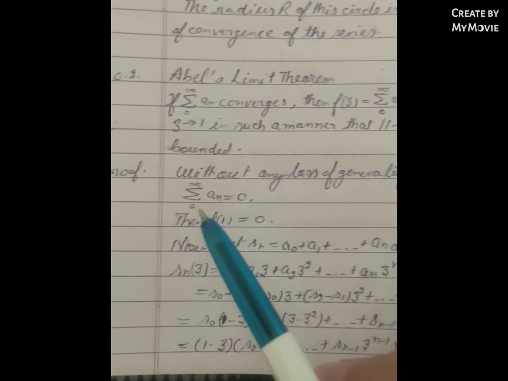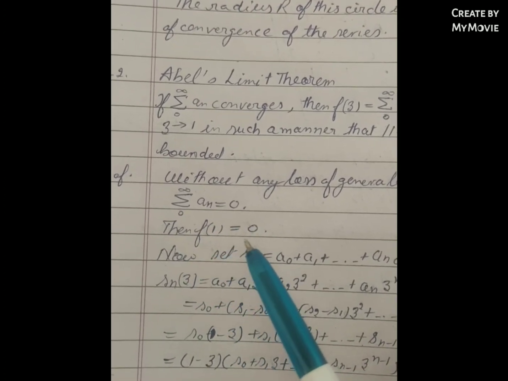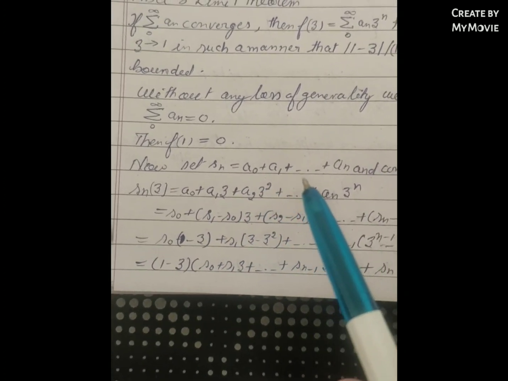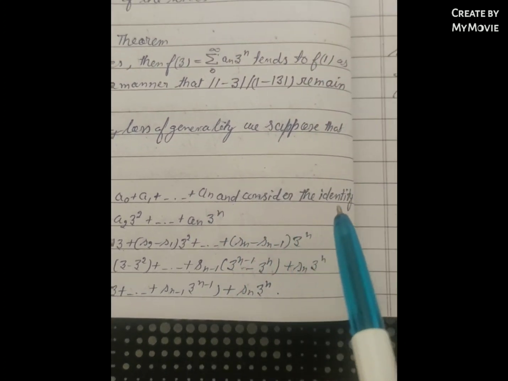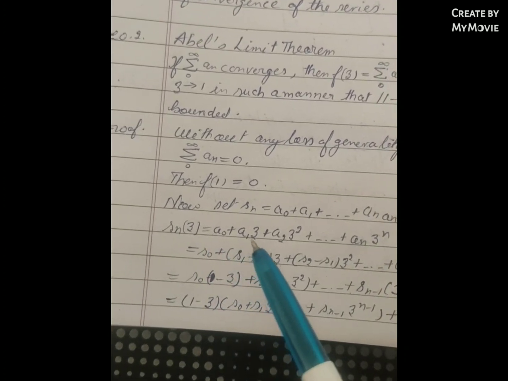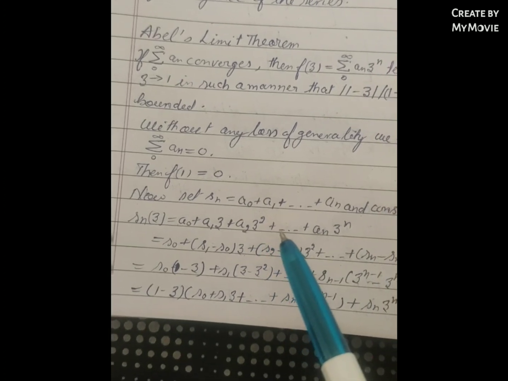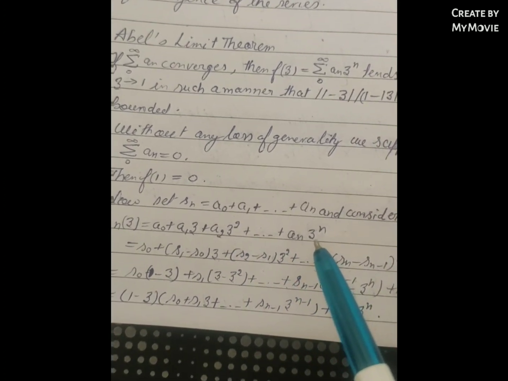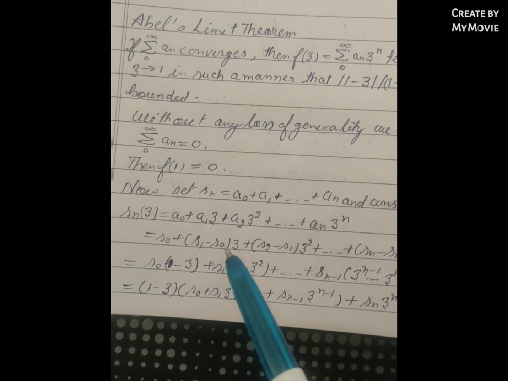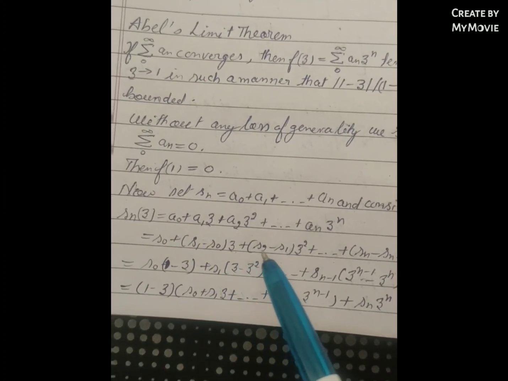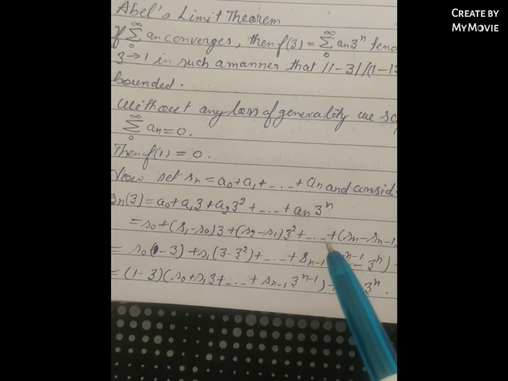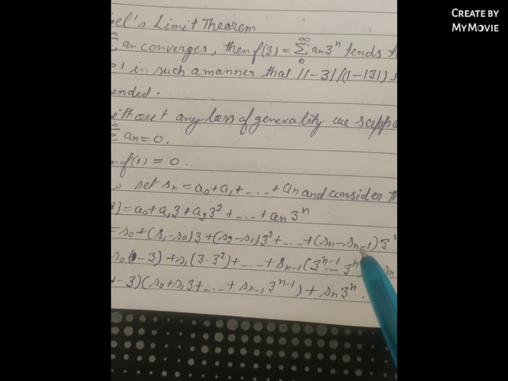Now the proof. Without loss of generality, we suppose that the sum of a_n equals 0, therefore f(1) is equal to 0. Now set S_n equal to a_0 plus a_1 plus so on plus a_n. Consider the identity S_n(z) = a_0 + a_1 z + a_2 z^2 + so on + a_n z^n = S_0 + (S_1 minus S_0) z + (S_2 minus S_1) z^2 + so on + (S_n minus S_(n-1))